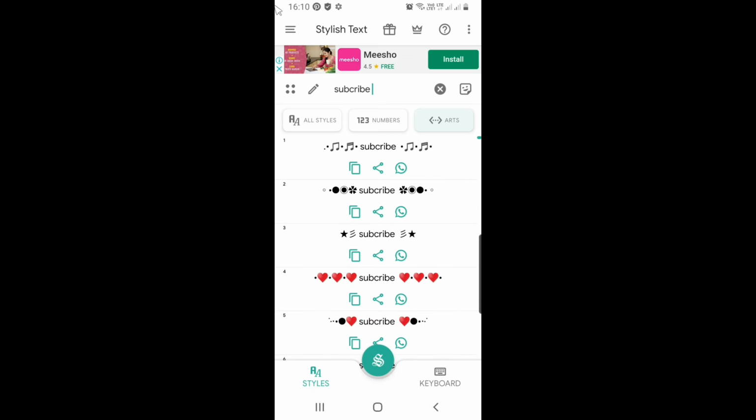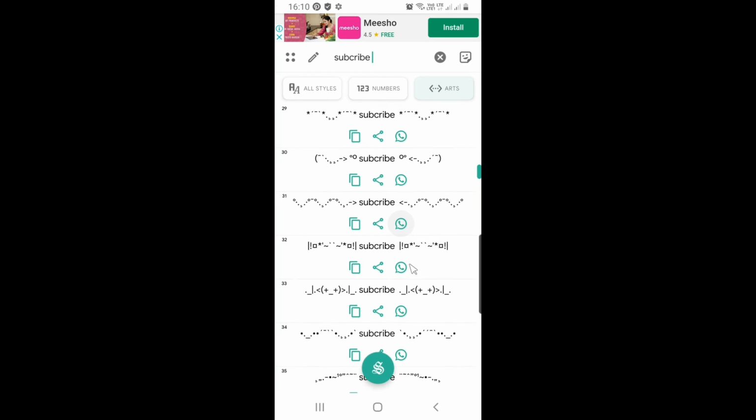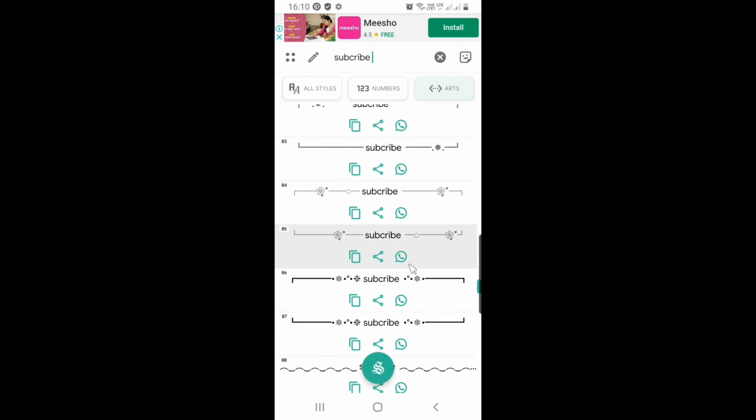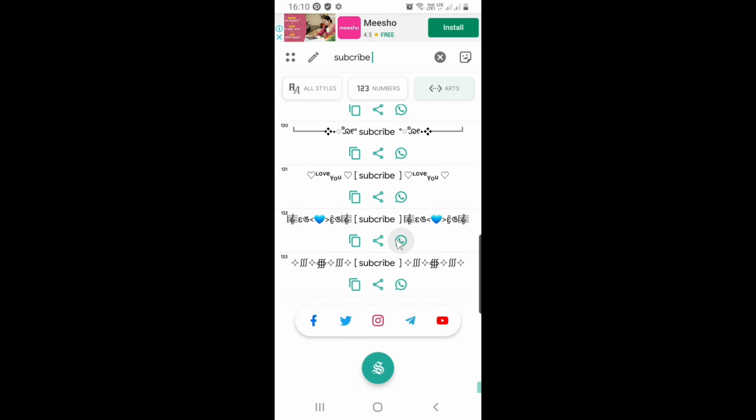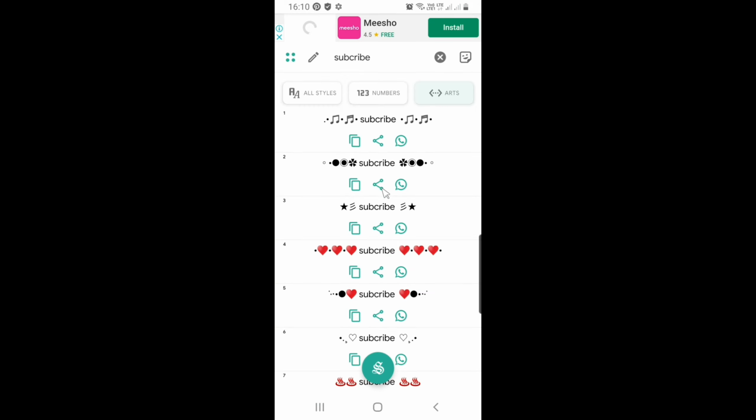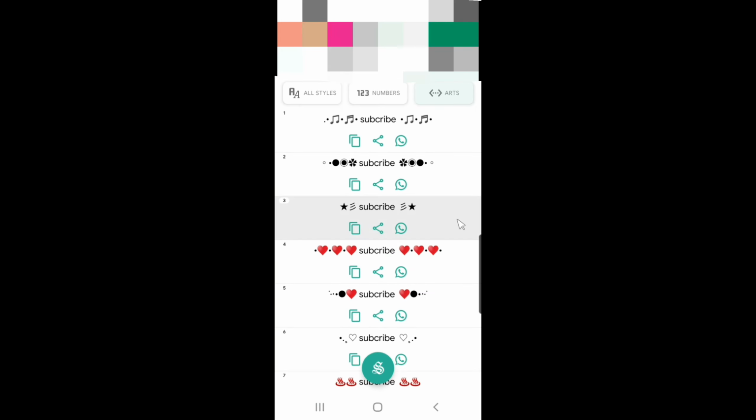As you can see, many arts have come. If I have to send it, you can go on WhatsApp or directly copy it. Now I'm going to tell you a simple way. This is a boring way, where we have to open the app and then type and then do something. It's boring.